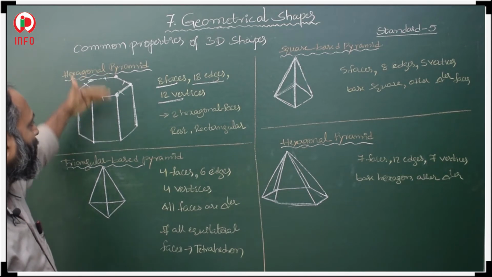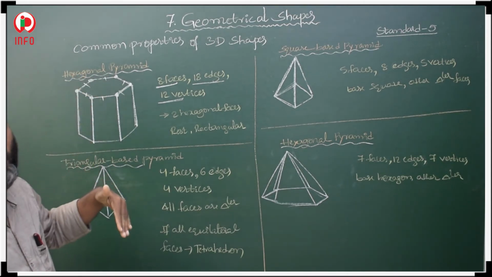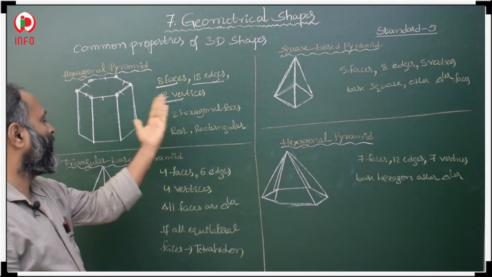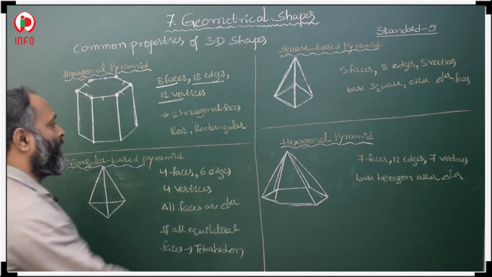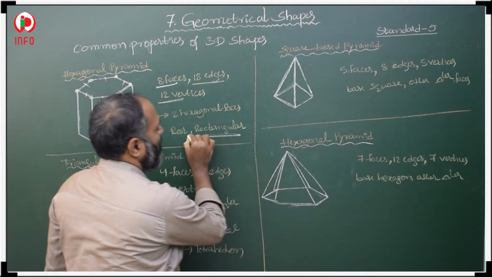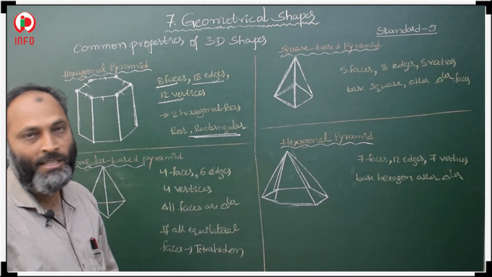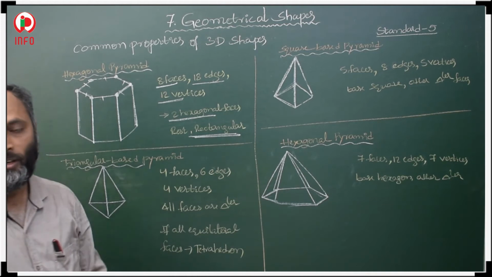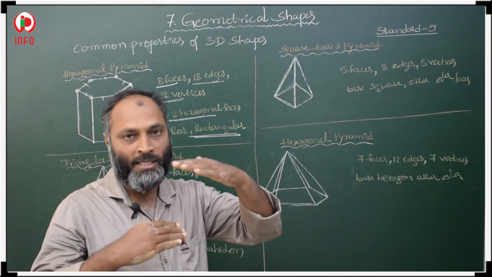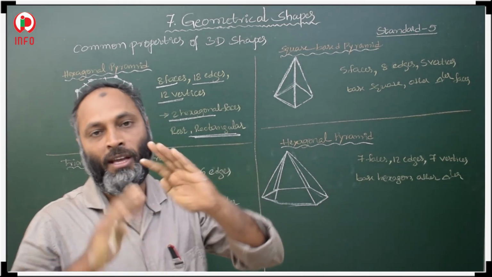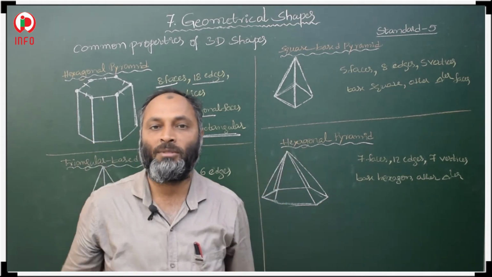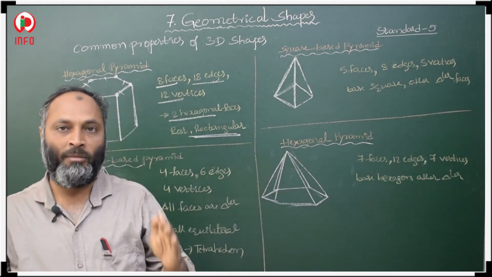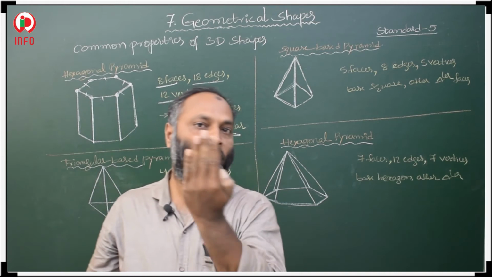So here we have 2 hexagonal shapes, top and bottom. The 2 faces are hexagonal shape and the remaining 6 faces are rectangular faces. Total 8 faces. In those 8 faces, 2 hexagonal shape faces we have and the remaining surroundings are rectangular shapes. Like the triangular prism. In the triangular prism, surrounding rectangles were there, no?